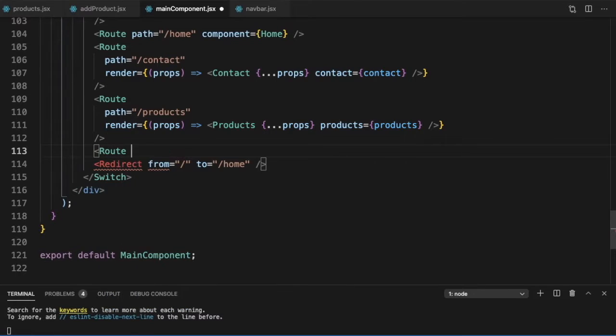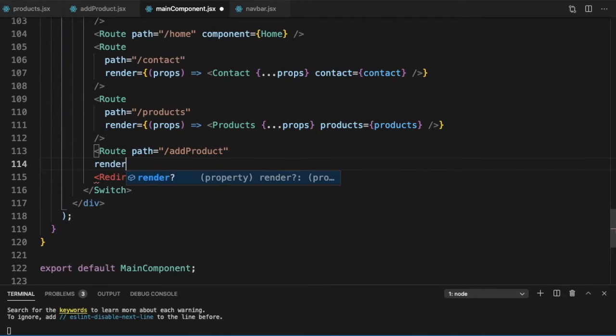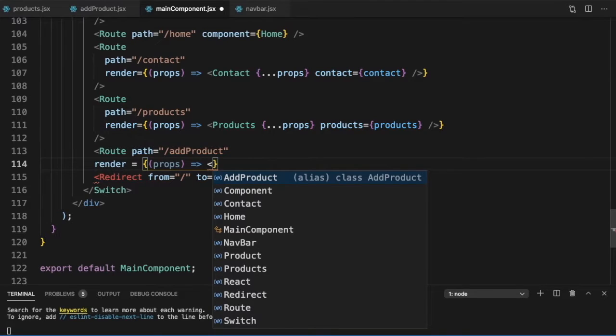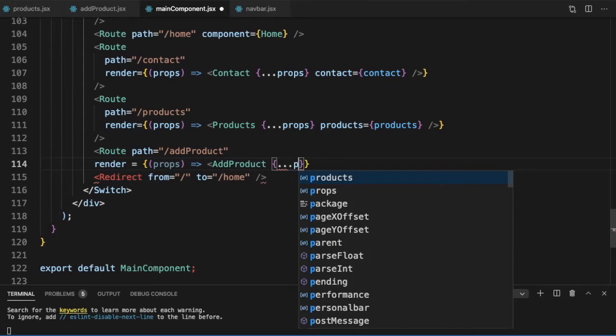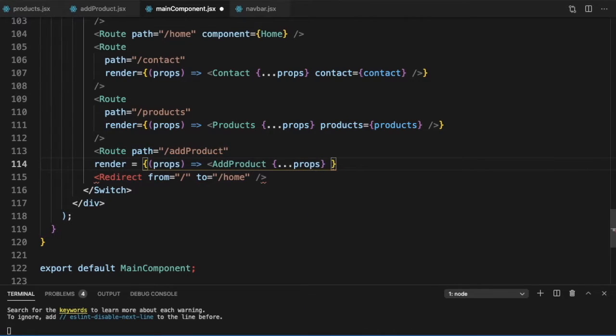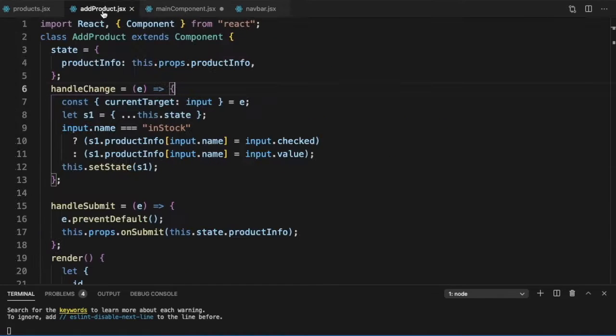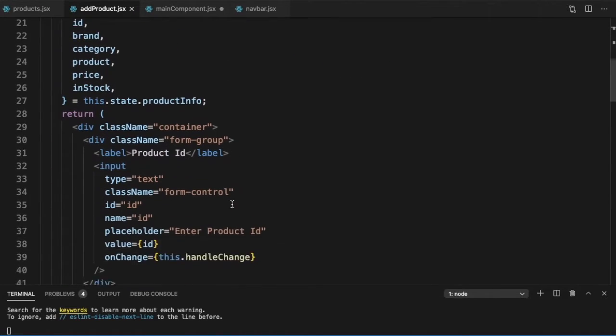So route path is equal to slash add product. Render is equal to, and it will create the add product. We spread the props. Product info, that is this expected.